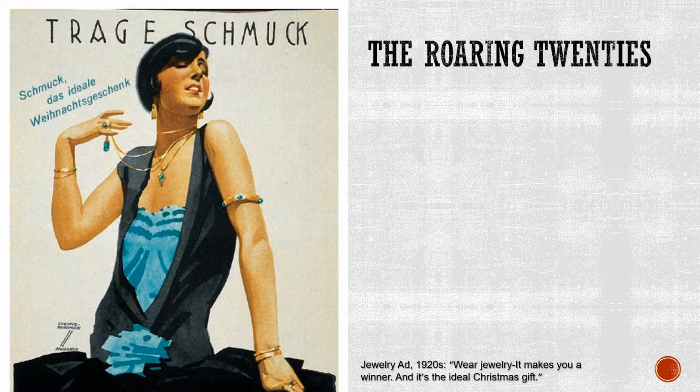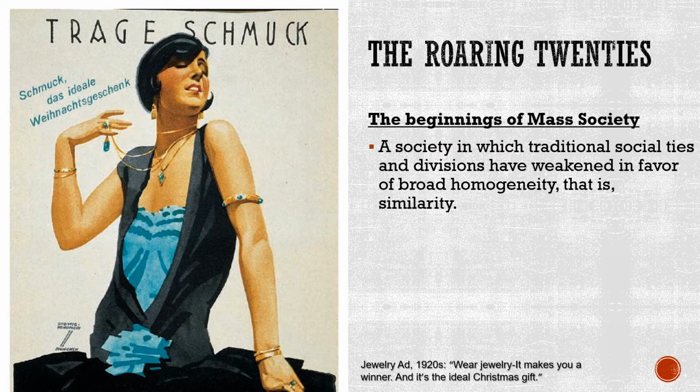It's during this time period that historians and social scientists would identify the beginnings of something that we call mass society. So what is mass society? A society in which traditional social ties and divisions have weakened in favor of broad homogeneity, that is, similarity. But what do we mean by that? Mass society comes with it this massive growth in consumption and advertising. It also comes along with this increase in media production. And so we have like Hollywood churning out movies, we have radios,